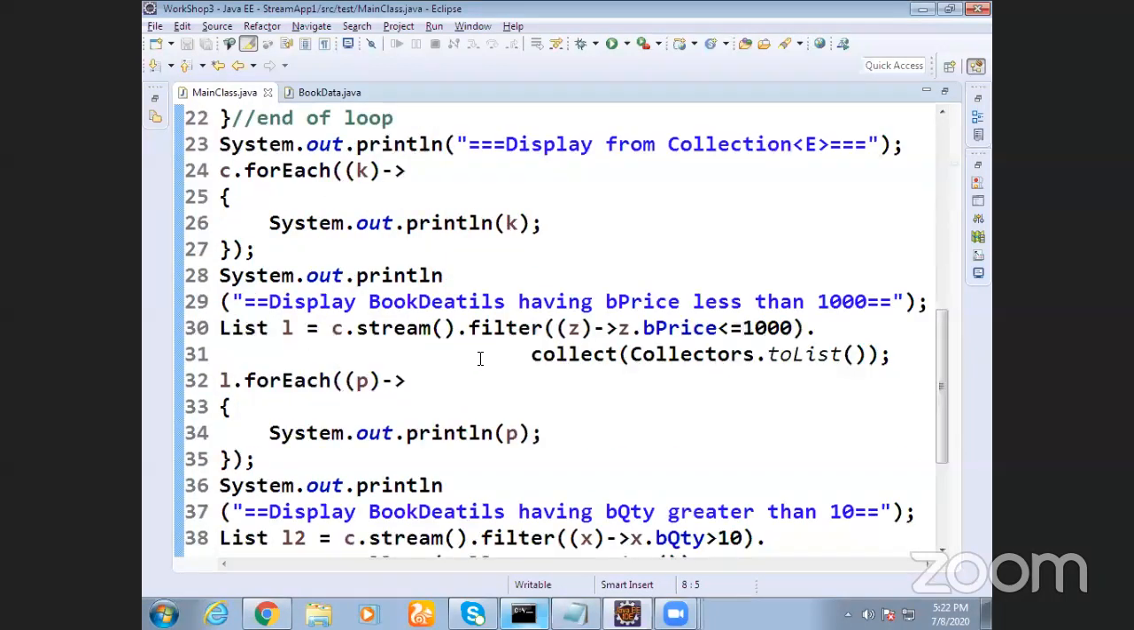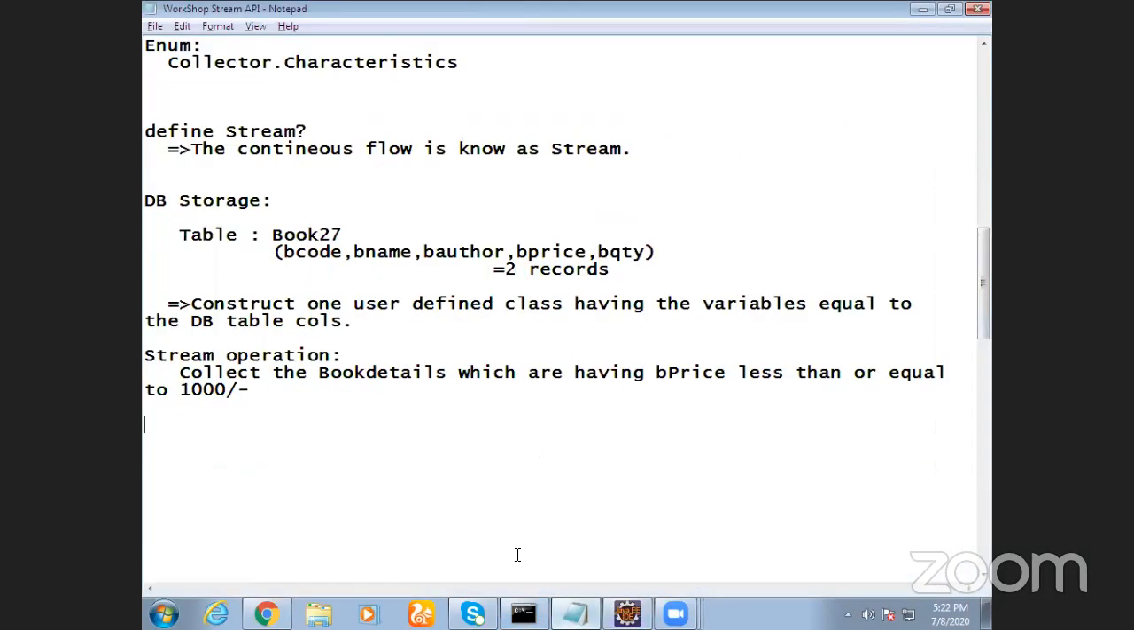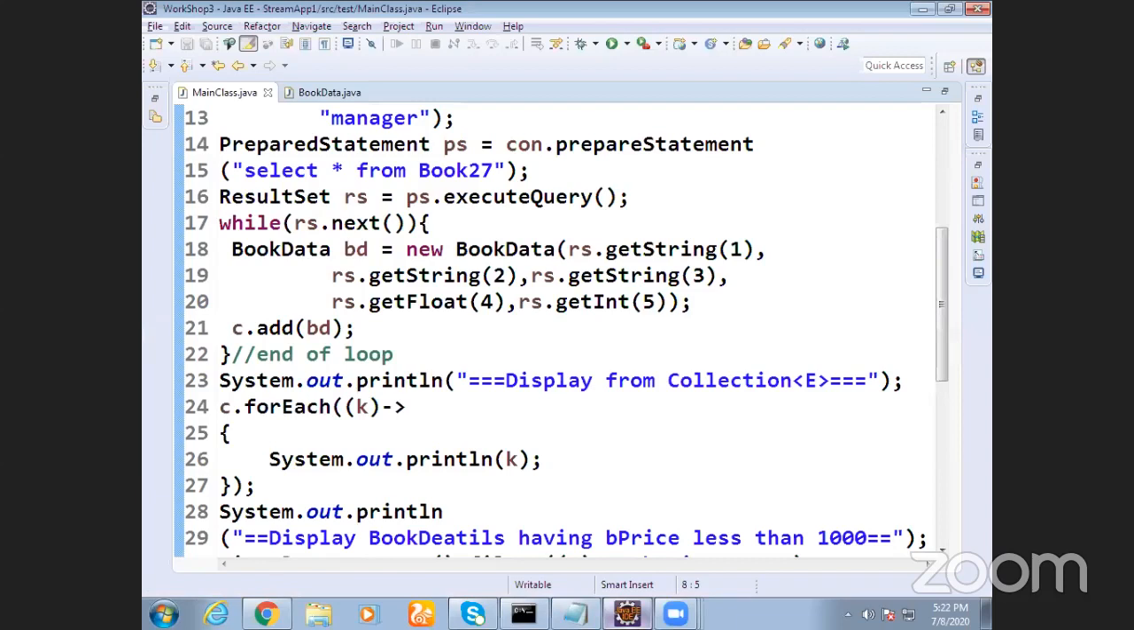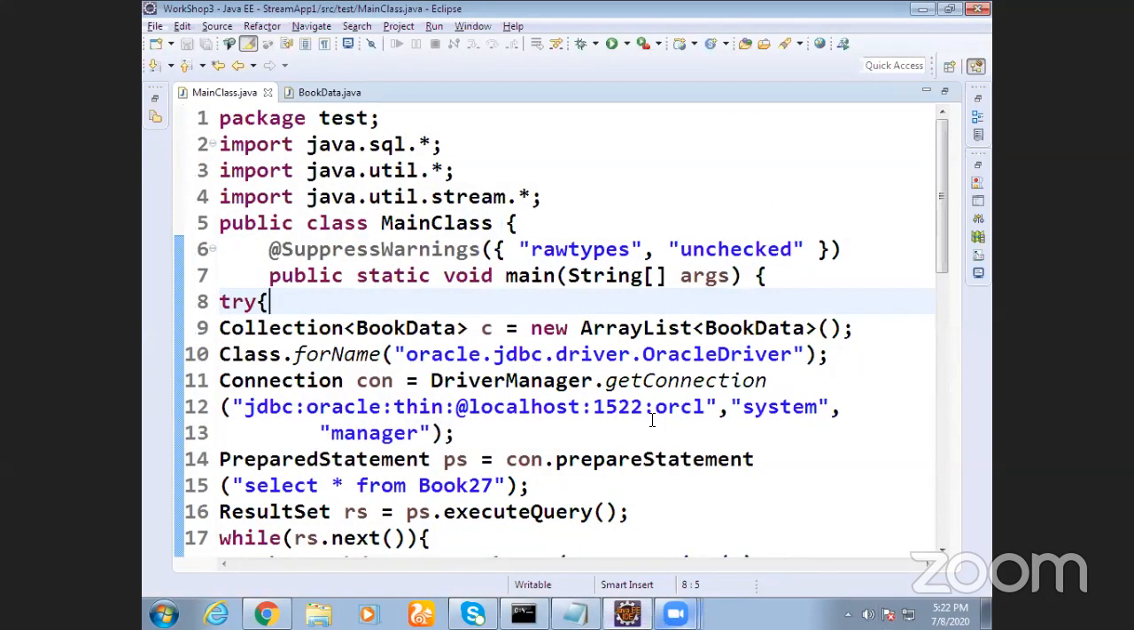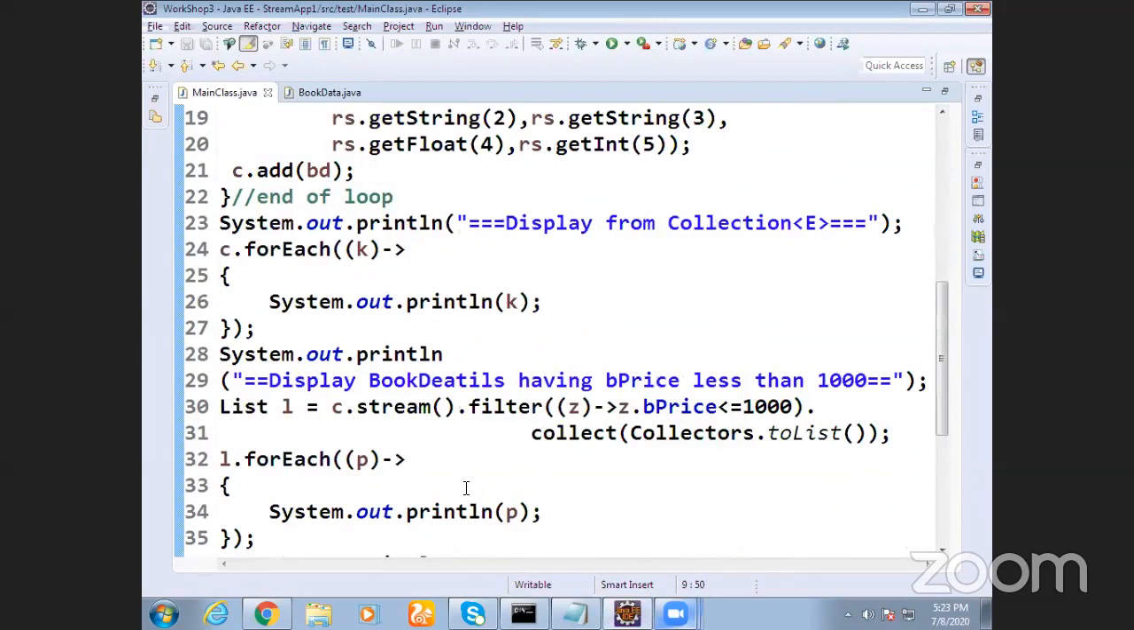So theory, right? Okay. Now, whenever I want to do stream operation, the statement is, what is stream now? The continuous flow is known as a stream. So according to this example, what is continuous stream now? Sir, the data is available in the collection object, array list. From that collection object, I am taking the data stream, c dot stream,